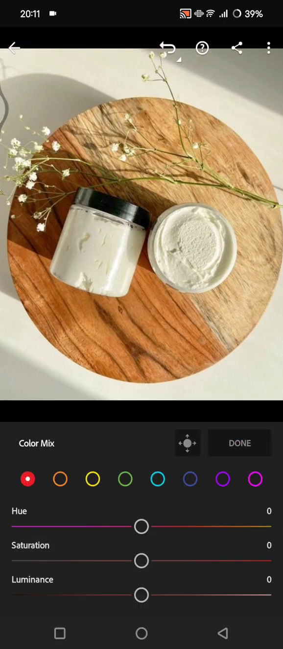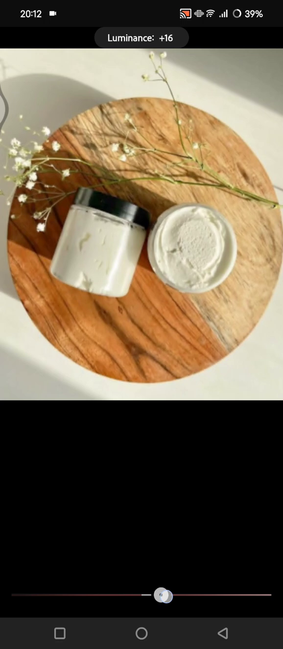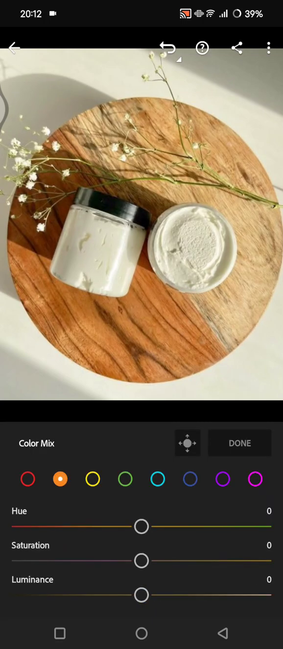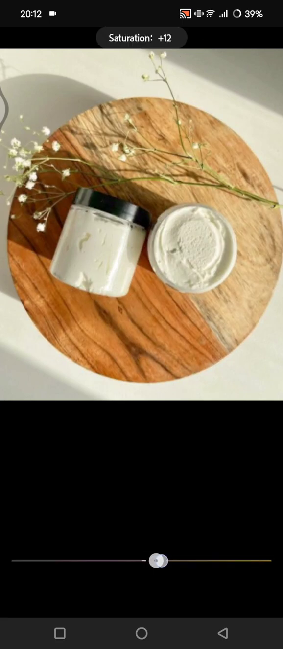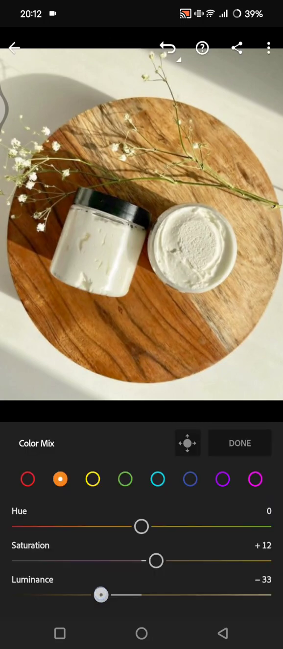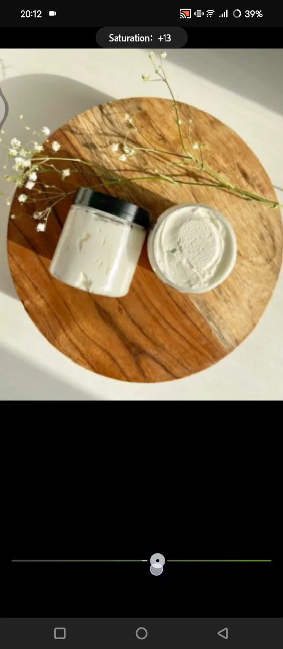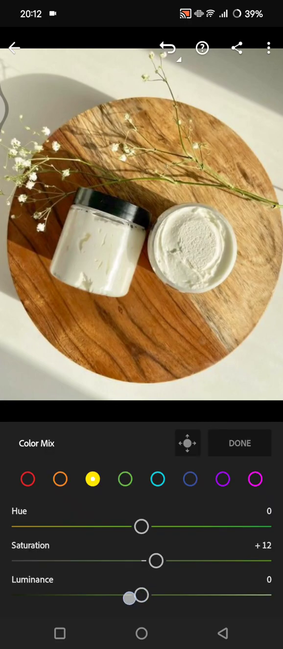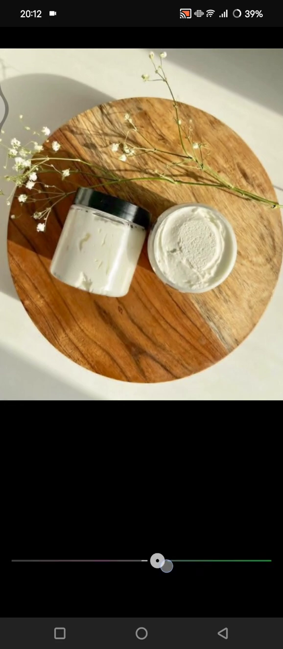Now on the red color, you need to set the saturation to 10 and the luminance 15. Orange, saturation 12, and the luminance -34. On the yellow one, saturation again 12, and the luminance -30, okay, -7. Now on the green one, I'm going to just adjust the saturation to around 13,